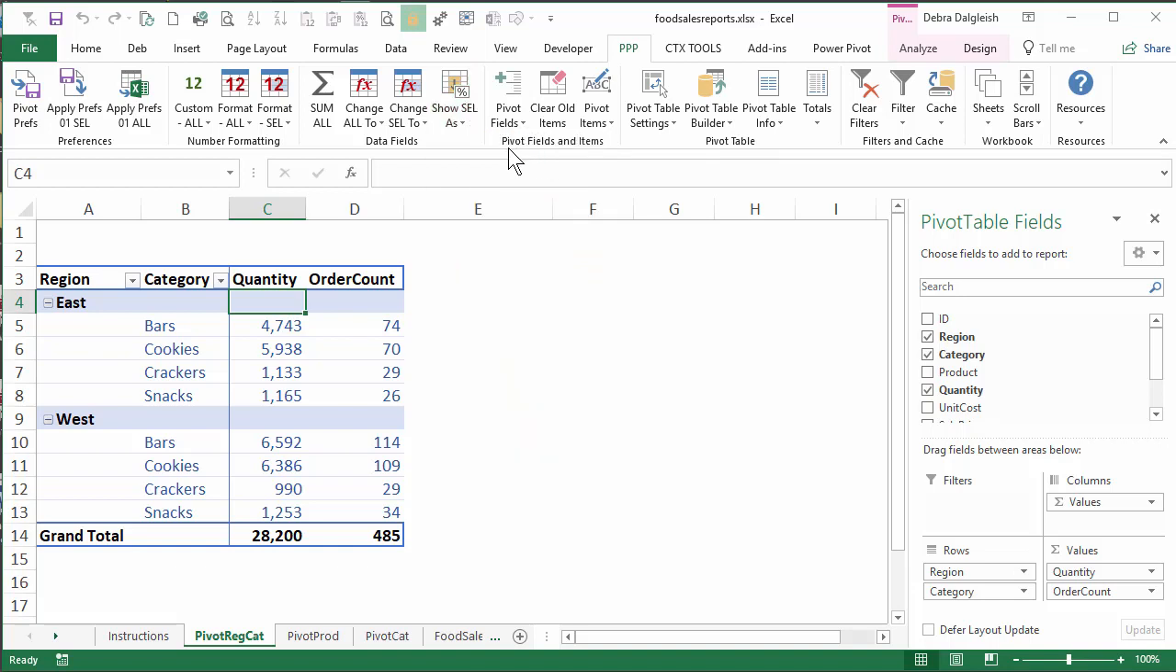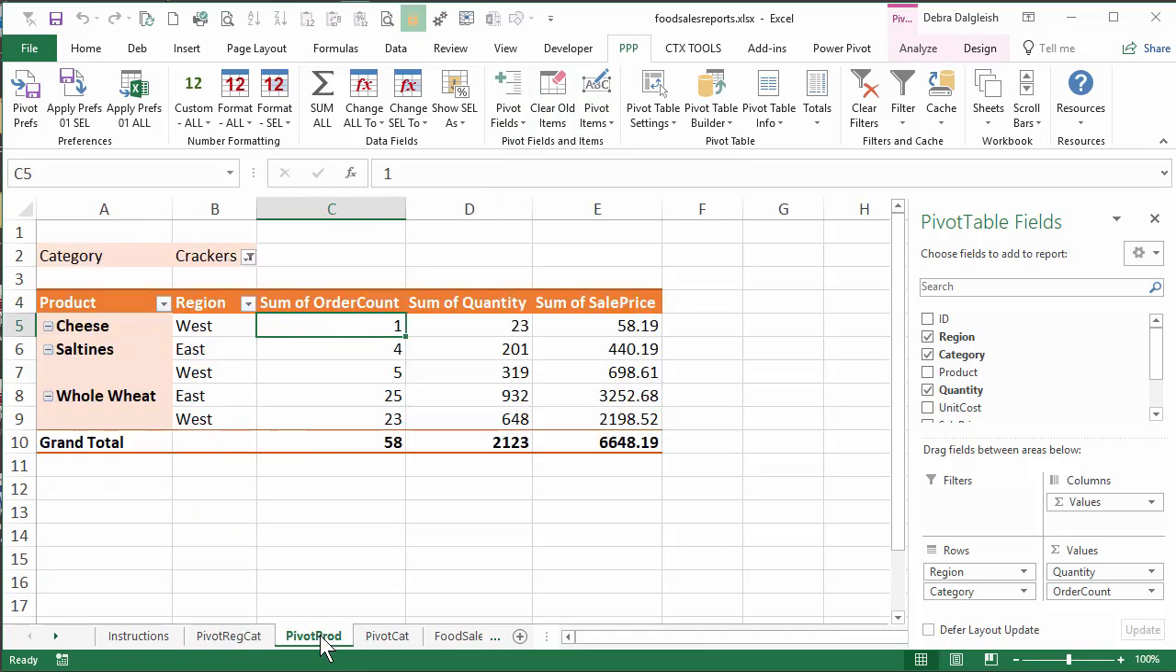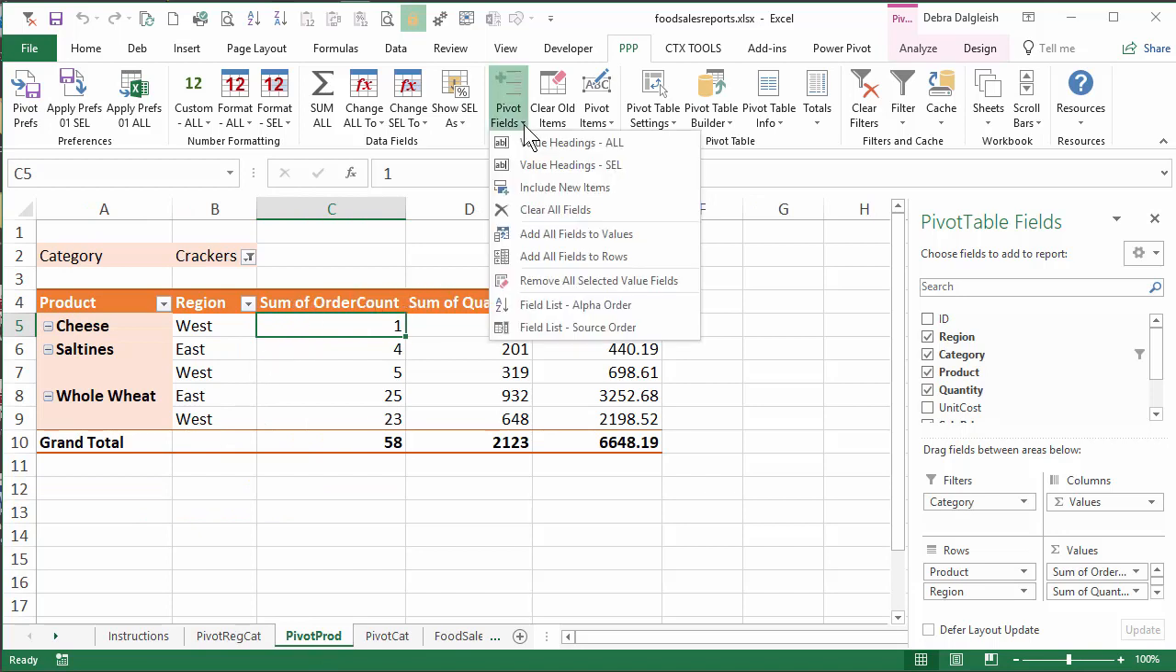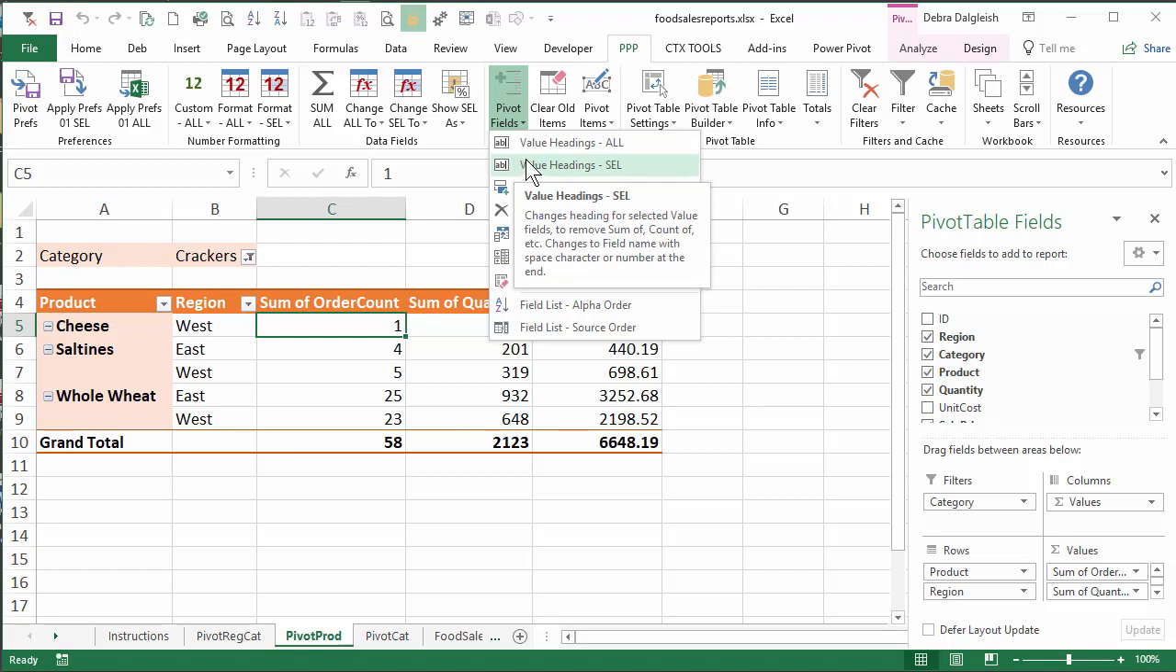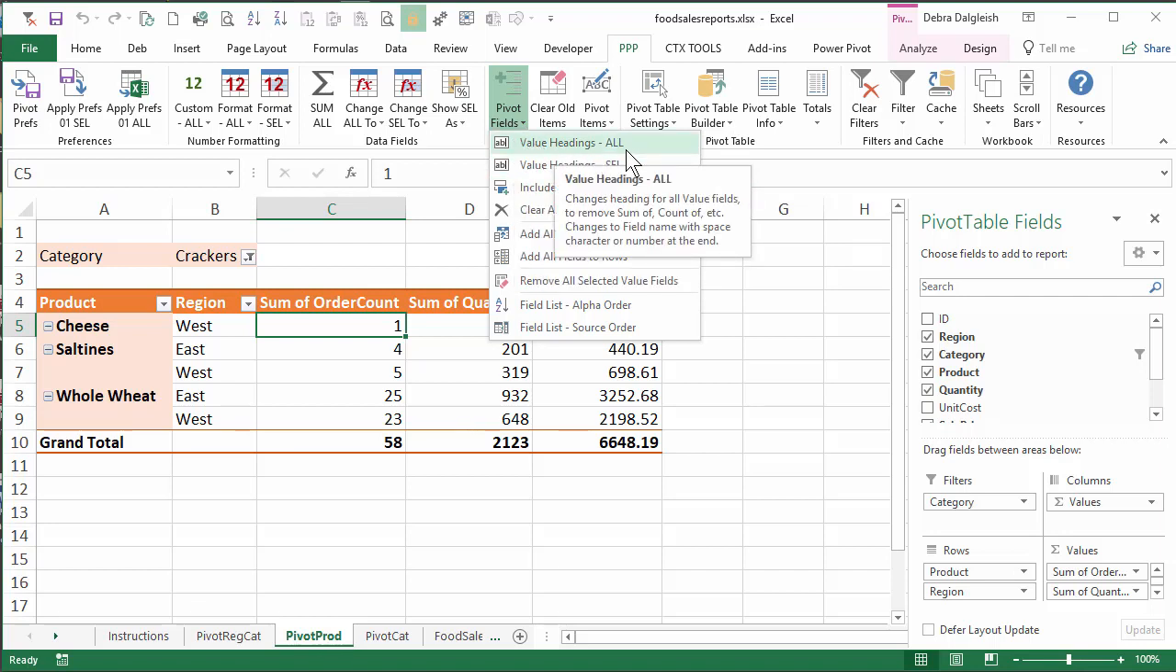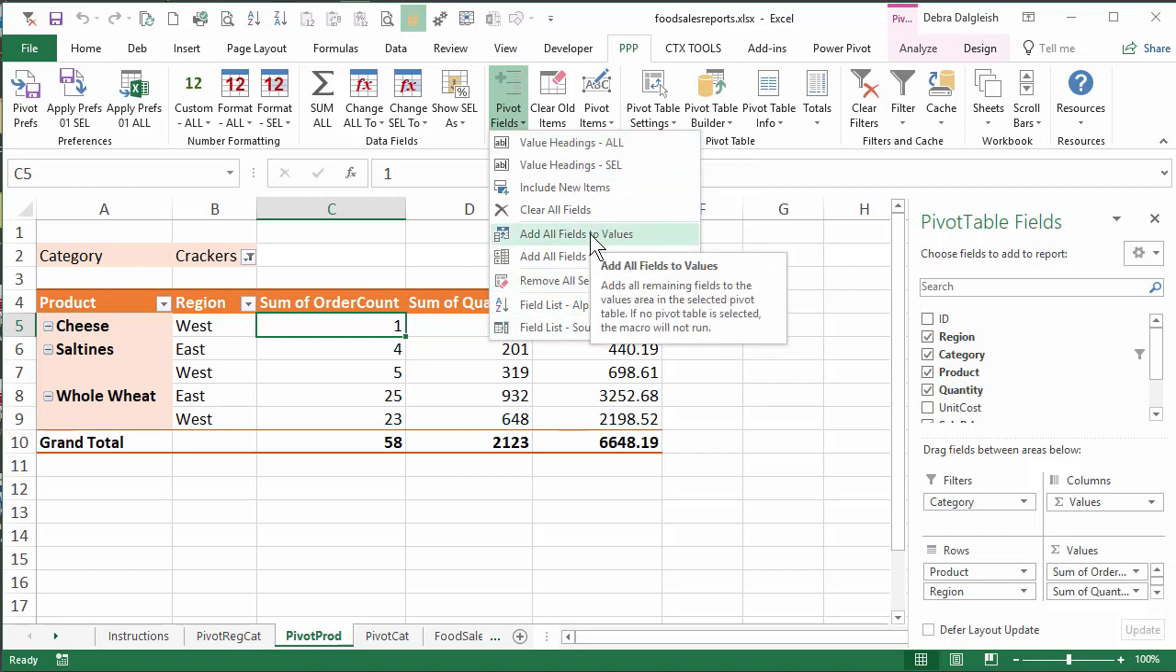The next group is pivot fields and items. That lets us change the appearance and the settings for pivot fields and pivot items and change some of the data settings. So let's look at this other pivot table. So here we have sum of. That's one of the things that I usually change in a new pivot table. I can get rid of all those sum of and count of with this setting. If you've added a few fields to the row areas, you can quickly add all the remaining fields to the